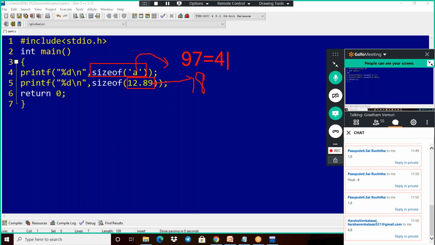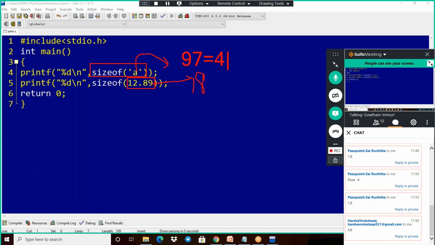So now the answer is 4 and 8. Basically I'm taking a character literal, but characters are not stored directly inside the memory. They use ASCII, and ASCII values are stored. Now we have to find the size of 'a', which means the size of its ASCII value. All ASCII values are integer type, so the size of integer will be 4. And why is the second one 8?